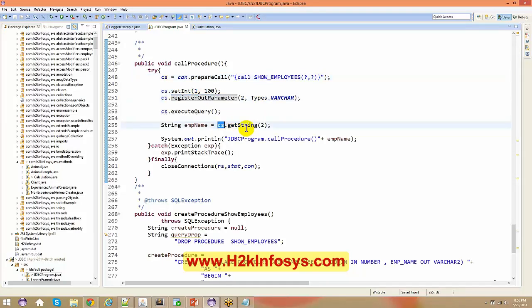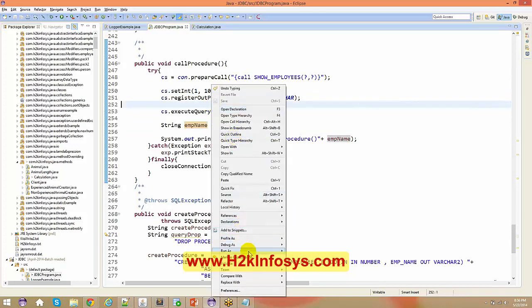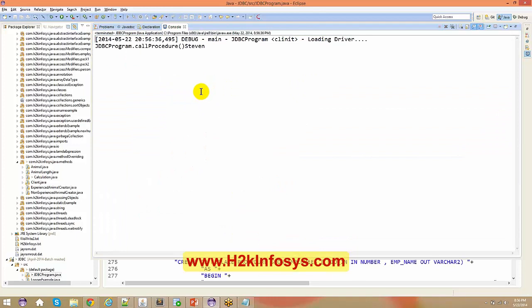So the same thing, you just say cs.get string of 2, the index 2. Okay, you get the employee name here. So if I run this application right now, let's see what's going to happen. Right click, run as Java application. So I got a value as Steven,